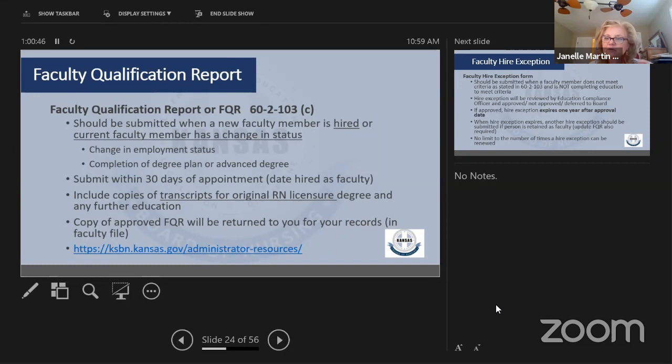So once you have that approval back, you can either print that page and put it with your faculty file, or for those of you who keep electronic files, you can just keep it with your electronic file. You can take those emails and convert them into a PDF so that you have that approval on a PDF document that you can store with your faculty information, if that's helpful, instead of having it in an email somewhere. Or you can print it and put it with your paper files.